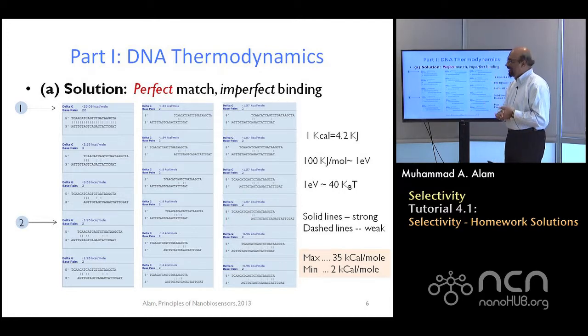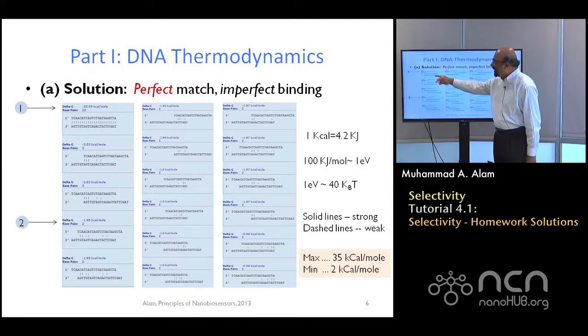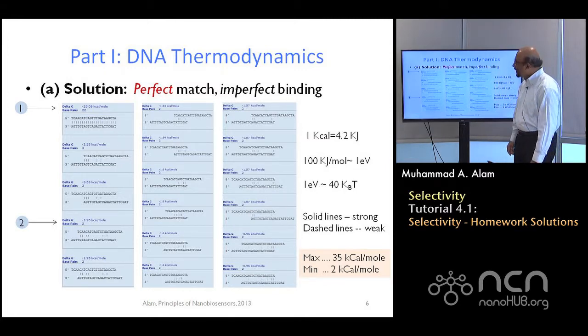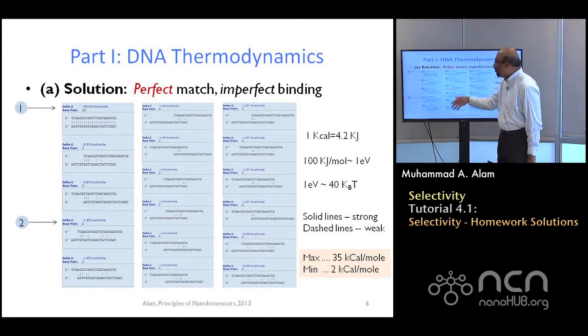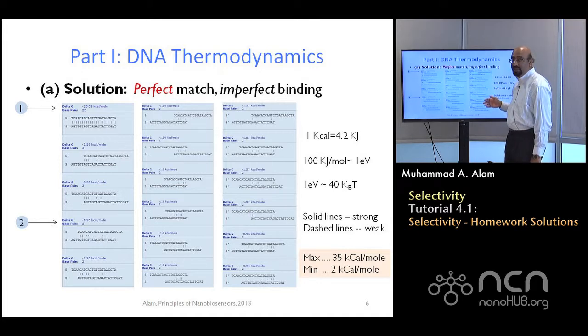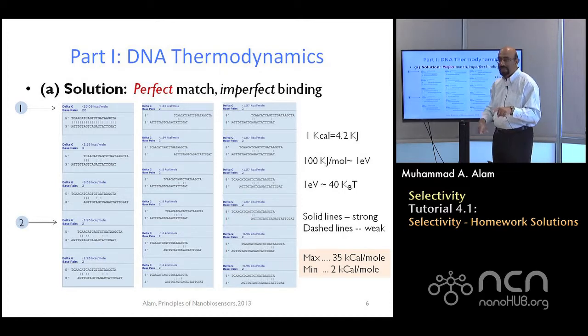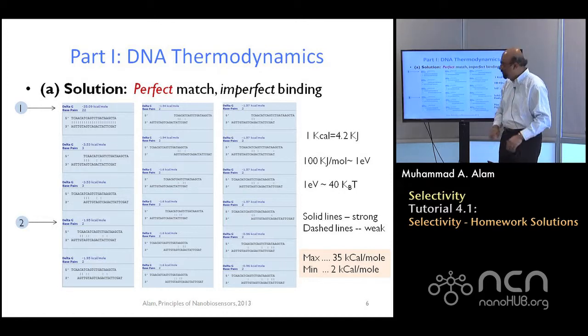But the interesting thing is that even when things are perfectly matched, there may be many cases where they will not line up properly. They will bind, but they bind very weakly. For example, take a look at 2. Remember, this whole page is for perfect binding. But although the molecules themselves can in principle bind properly, which is the first case, there will be many cases where they don't bind properly, even though in principle they could.